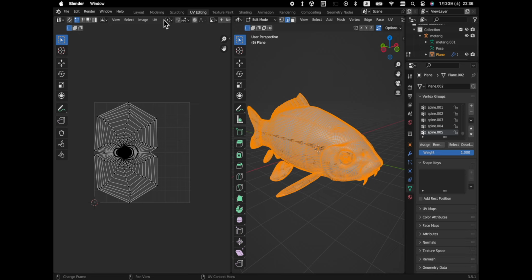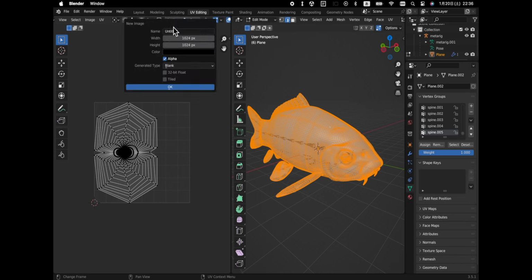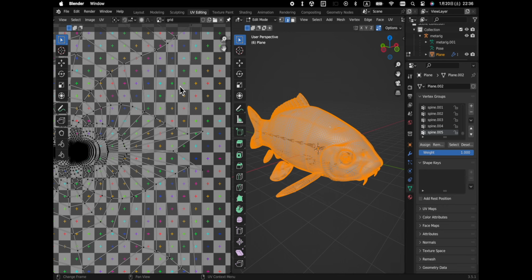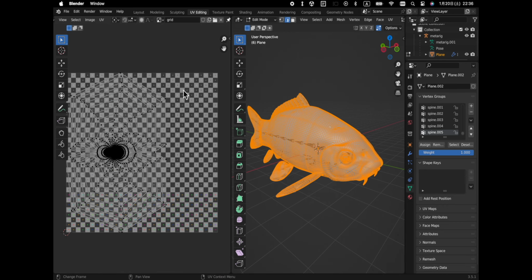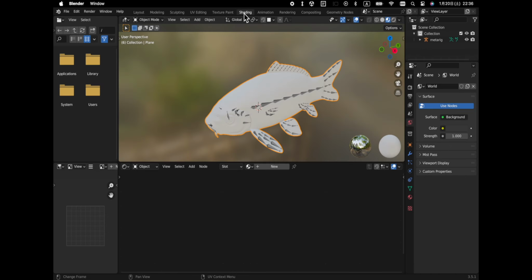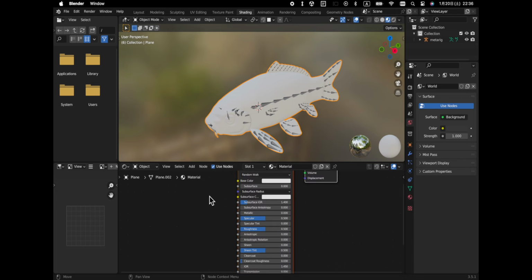To visually grasp this, I will apply a grid image to understand how the material is applied. File name: grid, and select generated type as grid as well, UV grid, and press OK, and then the grid image is shown like this. To apply this grid image to the fish's body, go to the shading tab and create a new material and press